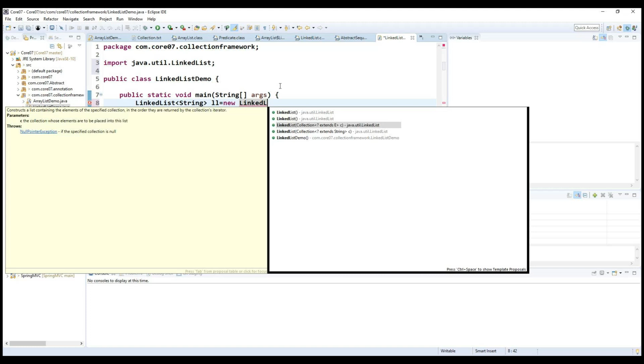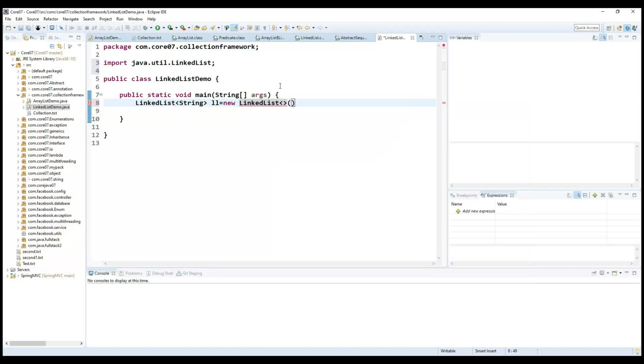Whatever capacity we identified inside the ArrayList, right now we don't have any capacity. Now I'm trying to call the default constructor because we already identified the collection related section and how it is going to work internally. Another important thing we need to understand is how, without the capacity, the linked list is going to be created internally. So that we need to understand very carefully. If I'm going to show you,